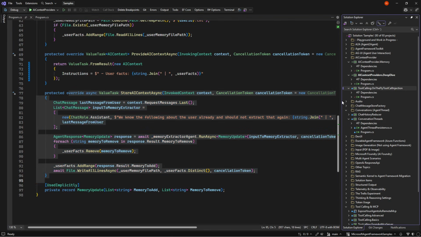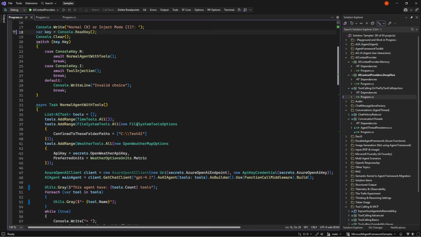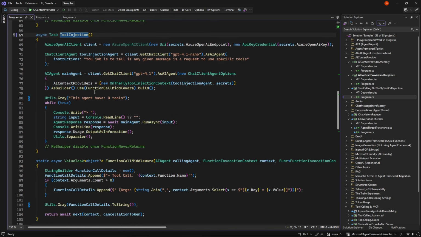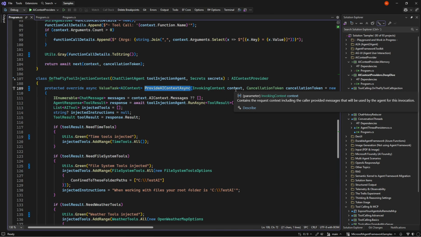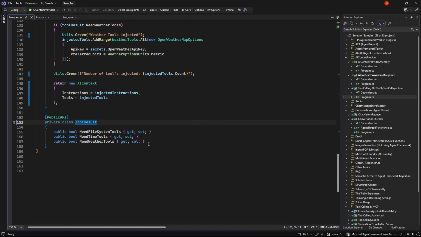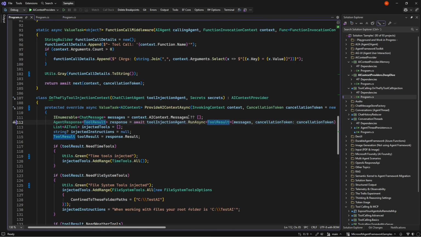If we want to see how we use it for tools, it's in a similar manner. So down here we add on-the-fly tool injection. Again, we're putting in an agent because we want to use AI to do something about this. And then when we are providing AI context, we are actually looking at the message before it goes to the real run async and extracting, in this case, do we need to use some time tools, some weather tools, or some file system tools?